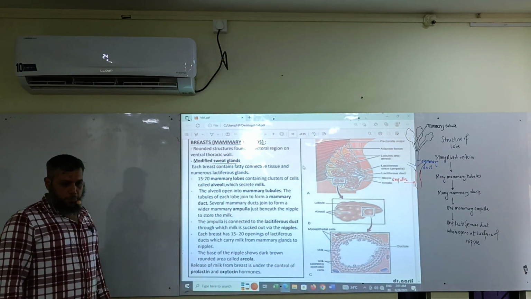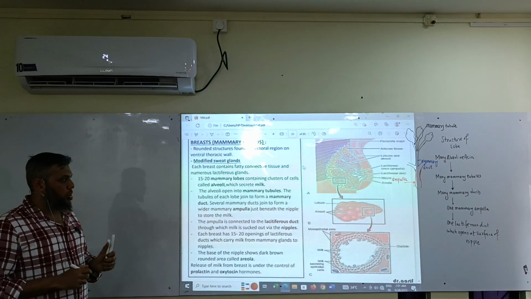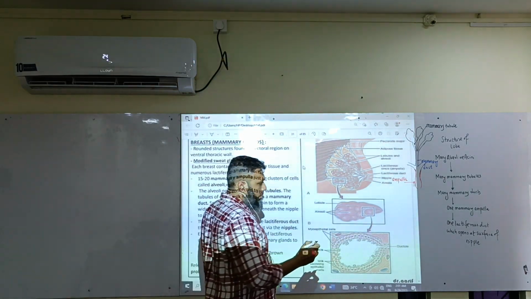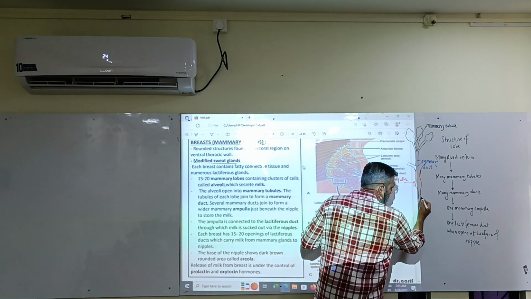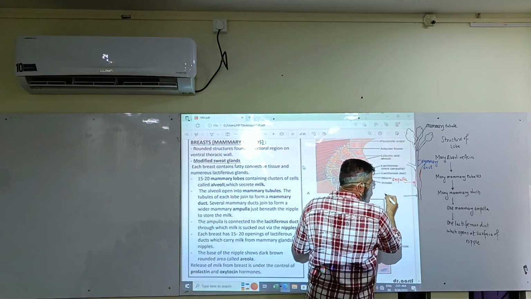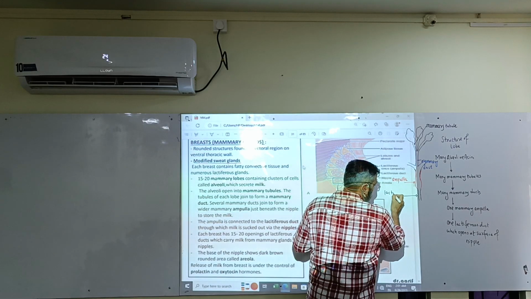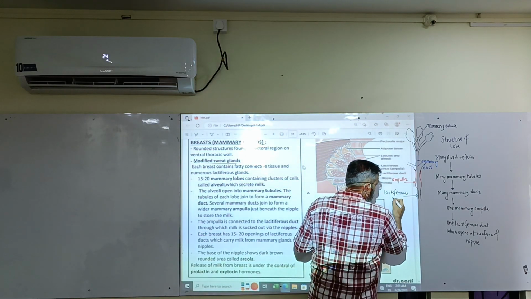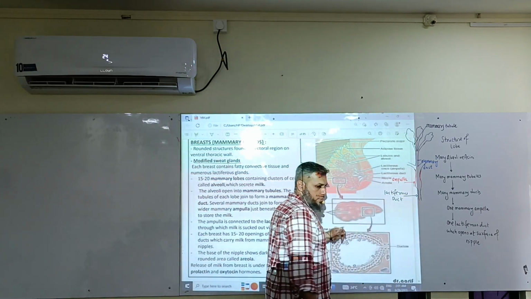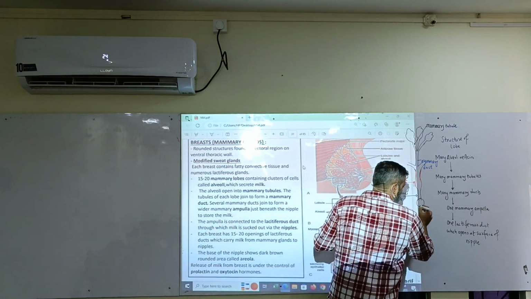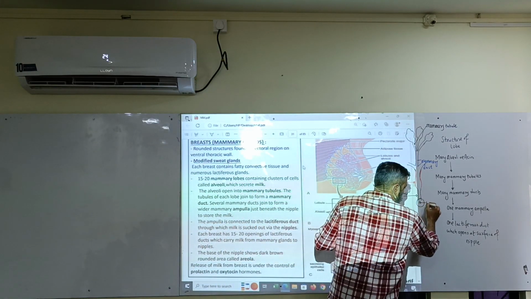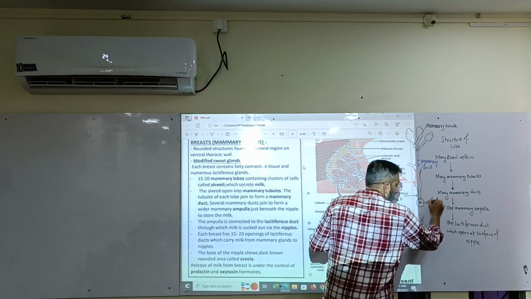Got my point? Yes or no? And this ampulla is connected to a duct which is called as the lactiferous duct,